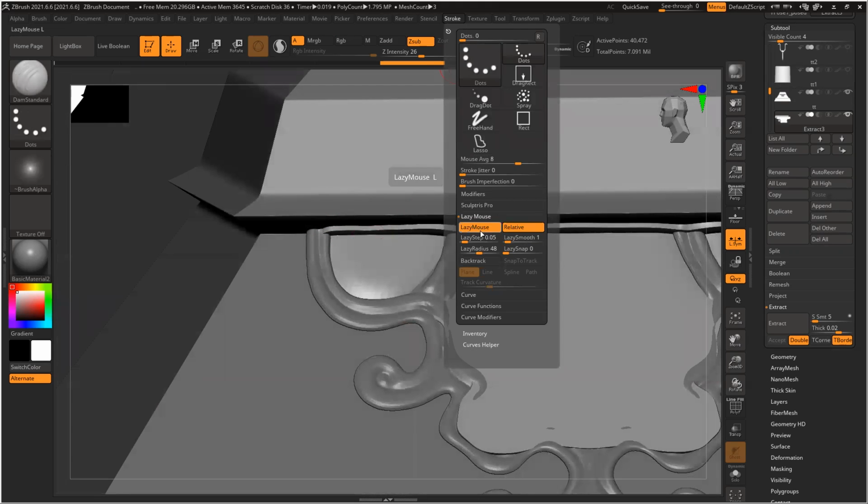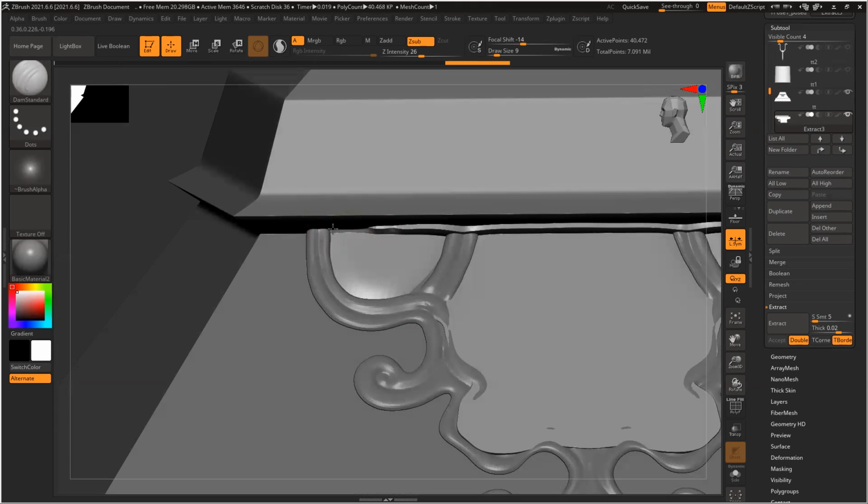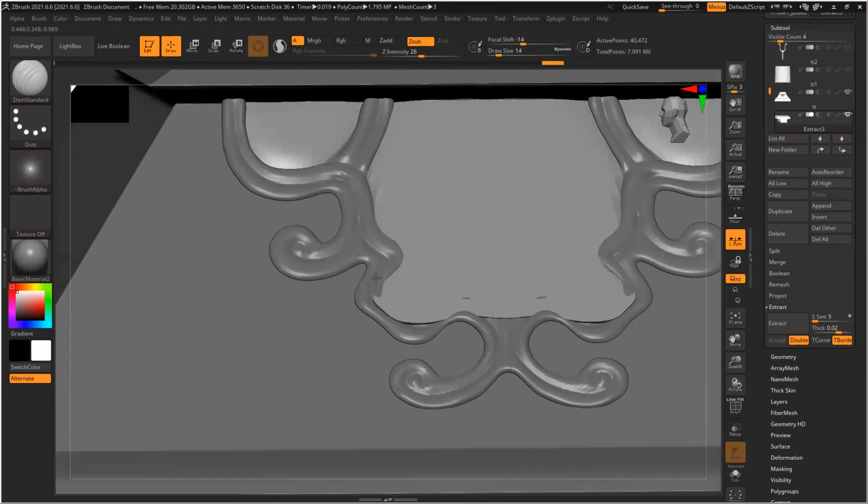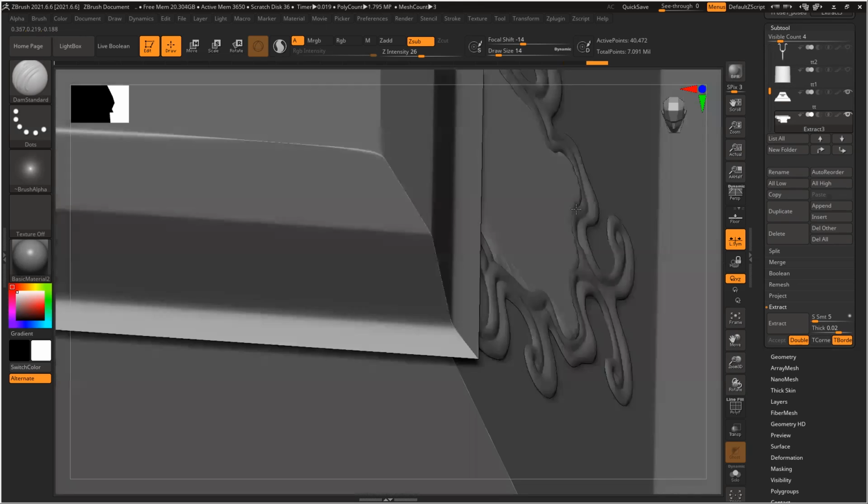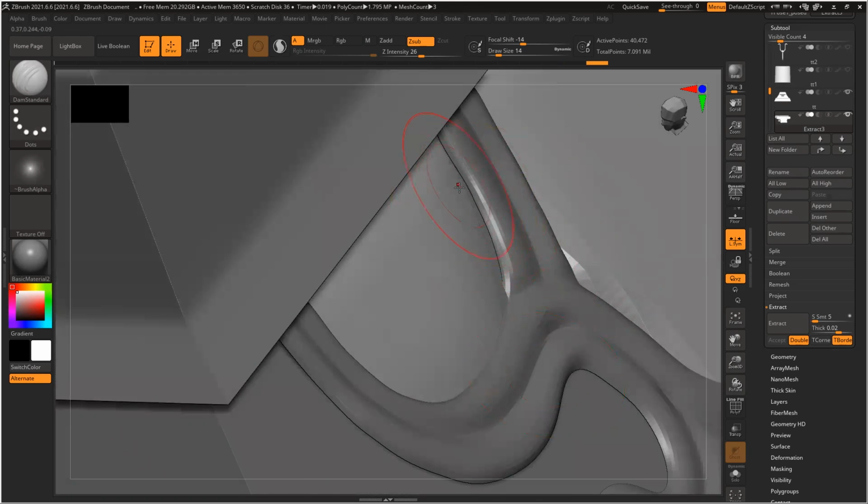I can switch off lazy mouse now. So it slightly needs to push outside.